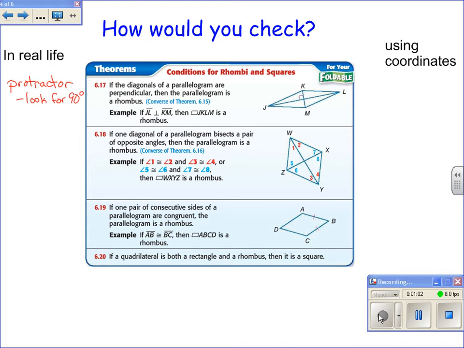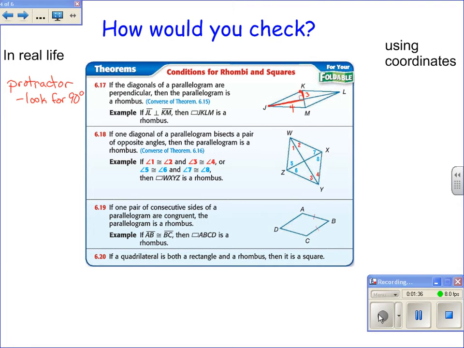If I don't have a protractor, I could use an old builder's trick, which is called the 3-4-5 triangle. So if I was building, let's say, a frame for a deck or a wall, I could measure 3 inches on one side, 4 inches on another side. So I could measure 3 inches on this side, 4 inches down here. And then I measure between my marks, if this was a 3 and this was a 4,